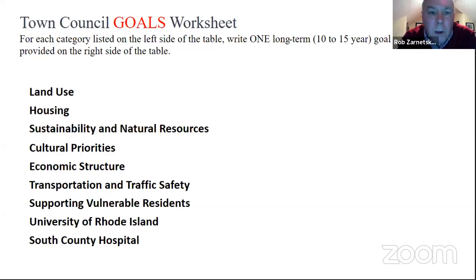How many people should work at URI? I don't want to get too crazy about quantifying this, but in terms of a goal, we should have a goal for a mix. We want people to work local, because our policies will follow that objective. If we want to pursue a locally based workforce or encourage folks to commute into Providence, those are two very different policy paths. One says we do everything we can with the rail line, and the other says we do everything we can to subsidize local businesses.